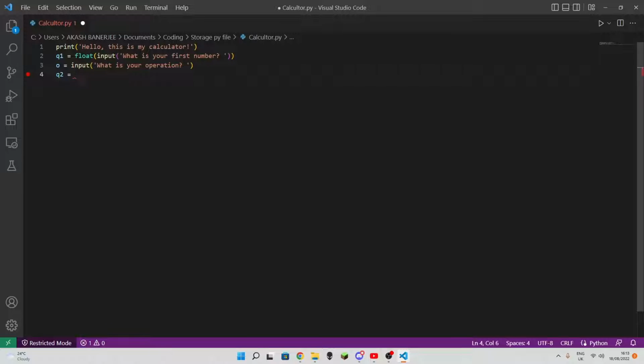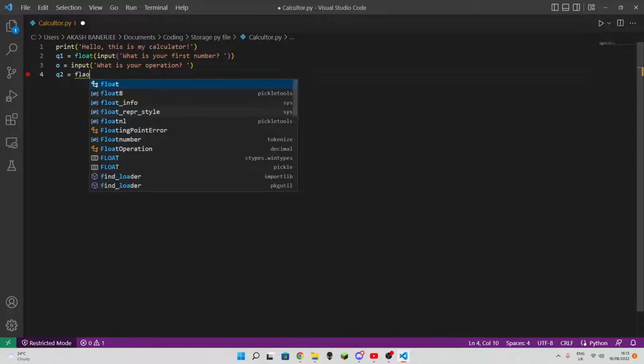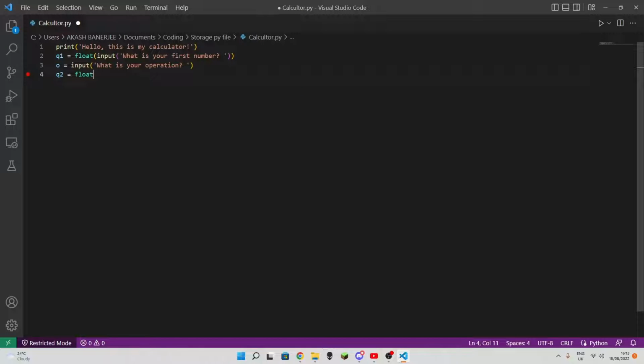Then we're just going to do question 2, float again, and then we're going to do input what is your second number. Okay, so now that we've got all of these variables finished, we're going to start our if statement. So we're going to do if our operation, or O, is